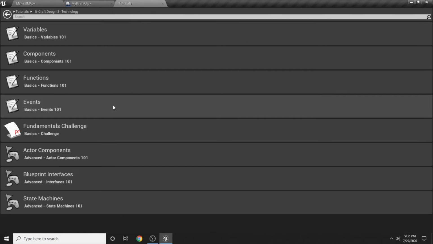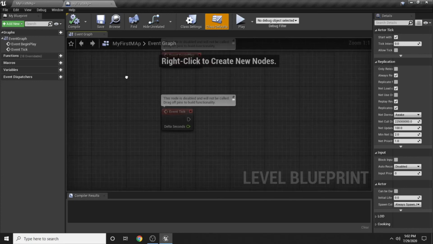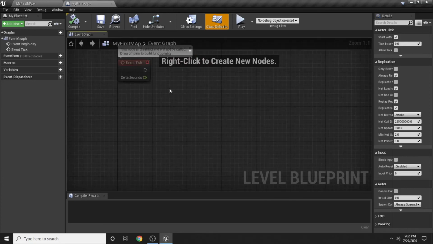If you're up for a challenge, the Technology chapter also has more about blueprints and a challenge. The challenge is to create a dialogue system so you can have narrative in your game. But let's go back to our blueprint to demonstrate this example. We're going to be going over this deeper in the next videos, but I just wanted to show you a